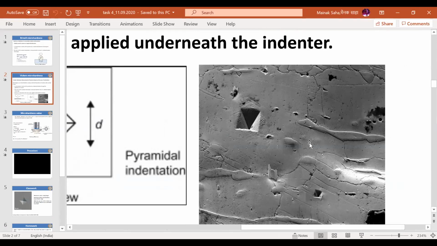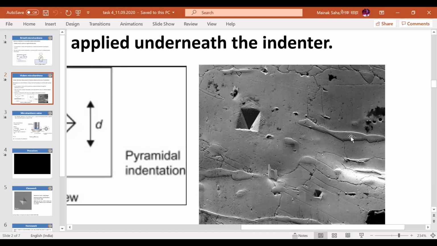Some other phases. So use common sense and tell me: if you have a Vickers hardness indentation where the size of the indent is itself bigger than the size of the second phase, this island, do you think this is a proper way to measure the hardness of this phase also? This phase is fine, it is a very big grain. But for the second phase, we have to minimize the size of the indent.